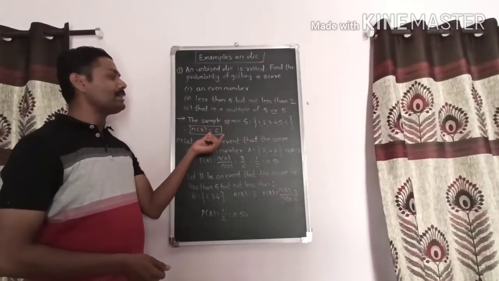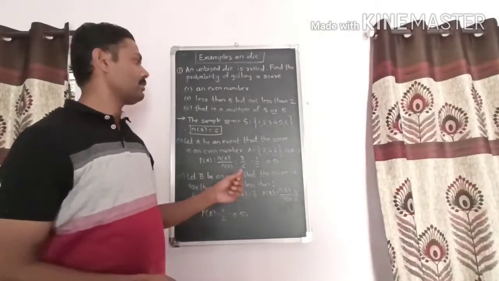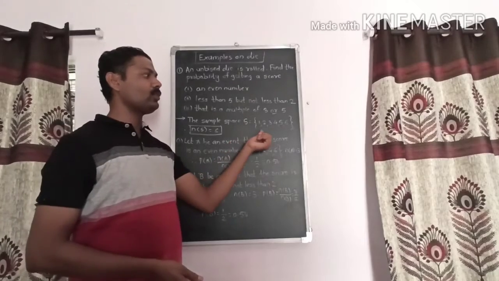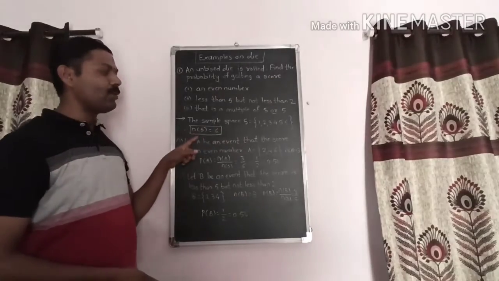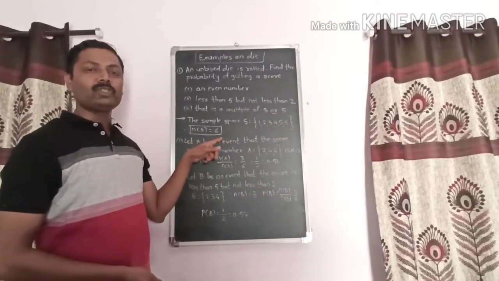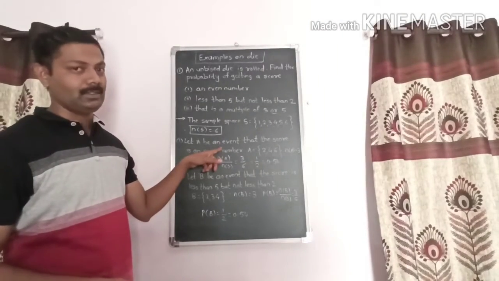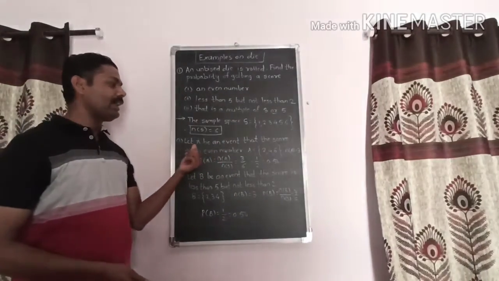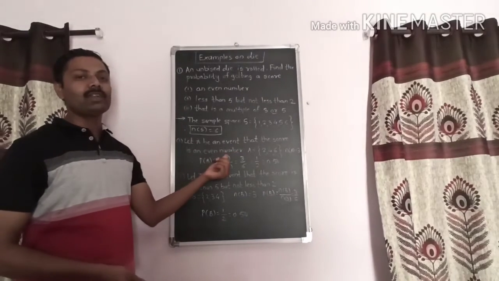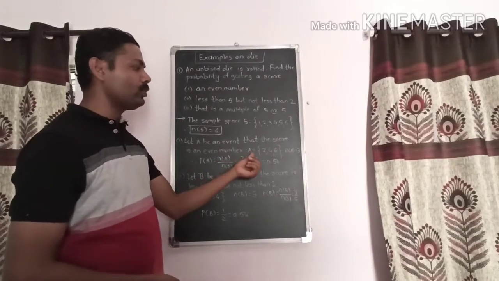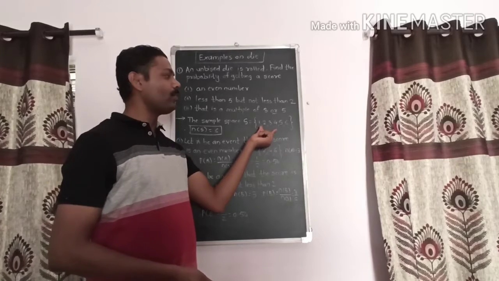The random experiment is rolling a die. There is only one die. So sample space S is equal to the possible outcomes 1, 2, 3, 4, 5, 6. So we have n of S is 6. Now we require to find the value of n of A. That's why consider A be an event that the score is an even number. So A is equal to 2, 4, 6. We have to just select even numbers from S.